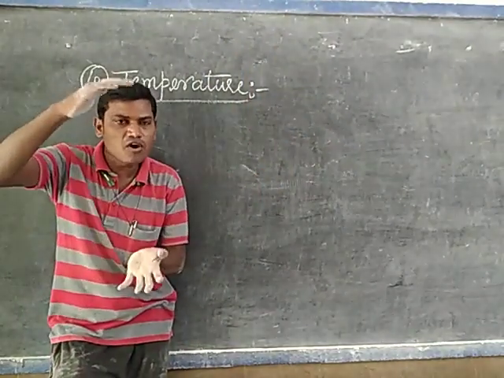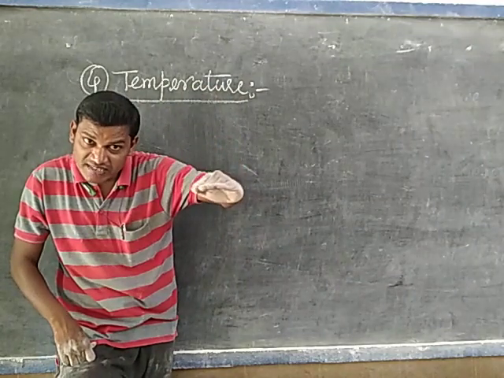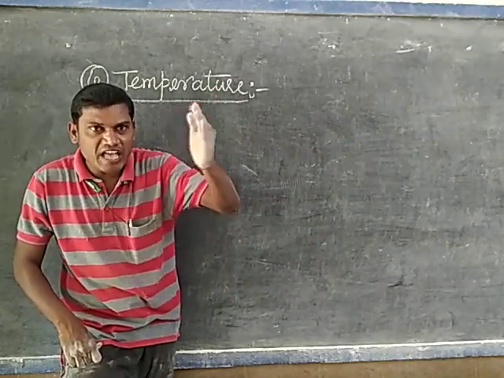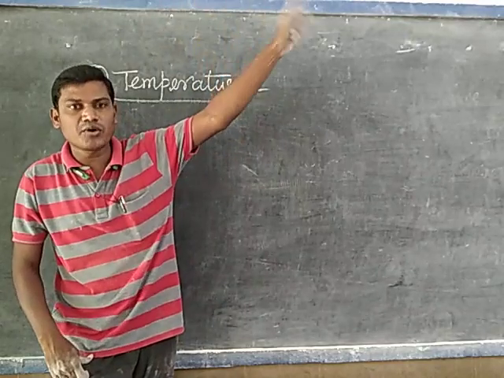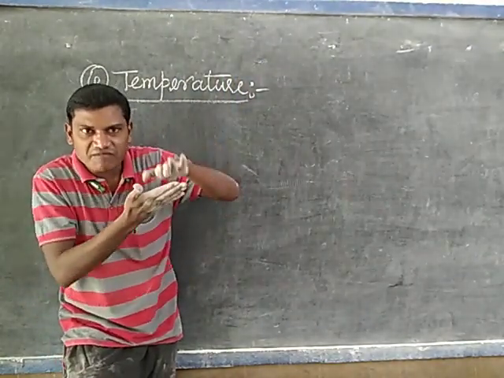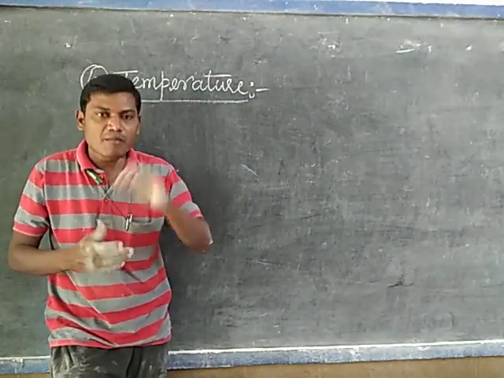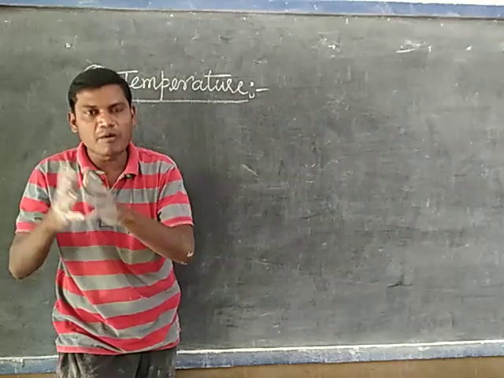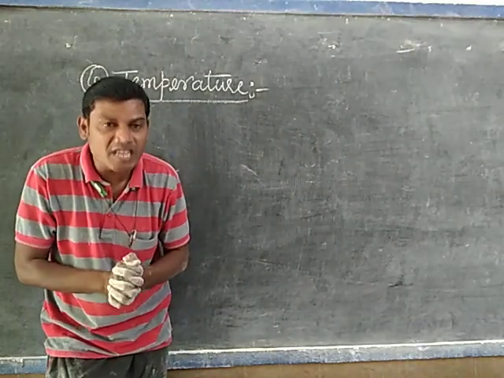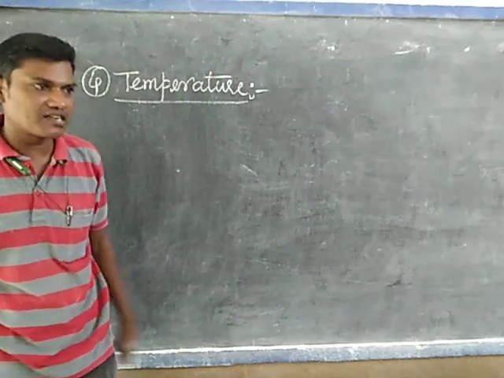That's why among the 4 factors, if surface area, wind velocity and temperature increase, evaporation also increases. If they decrease, evaporation also decreases. So with these 3 factors, evaporation is always directly proportional. But in the case of humidity and evaporation, they are inversely proportional, like when pressure is increased, evaporation is decreased.